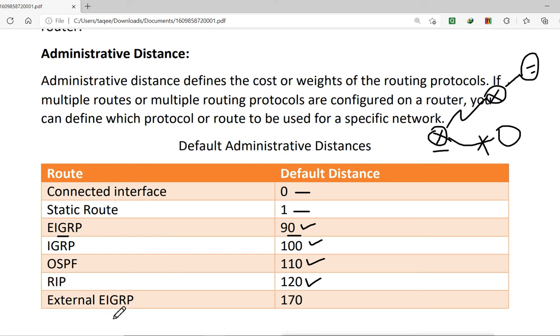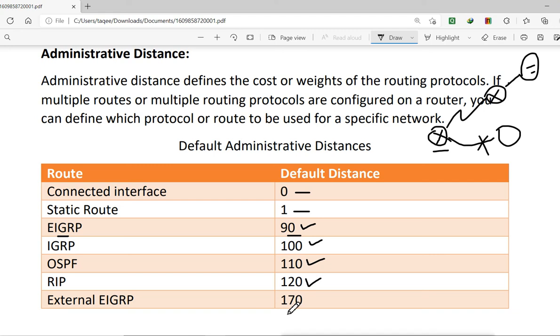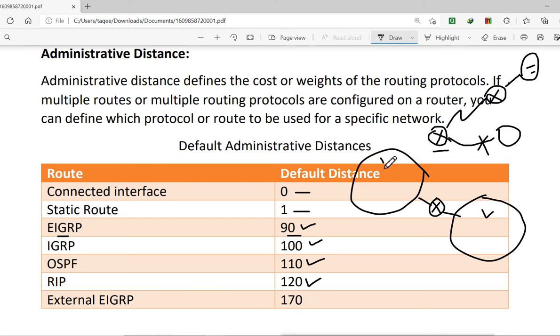Now external EIGRP, what does that mean? If we have two different routing domains connected through the BGP protocol, and we have configured EIGRP here and also in this routing domain, then in the routing table of this routing domain we will have information about all the local networks and also about the networks from the other routing domain.